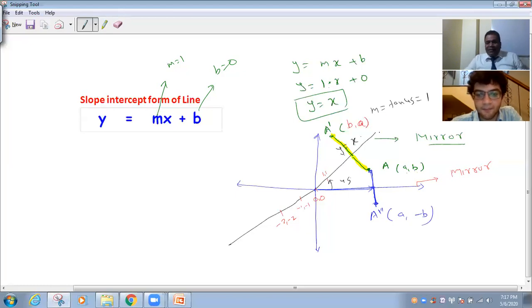Right? Here you cannot apply this idea. You cannot swap here, right? The swapping is only y is equal to x. Here you don't need to swap. Is that clear?